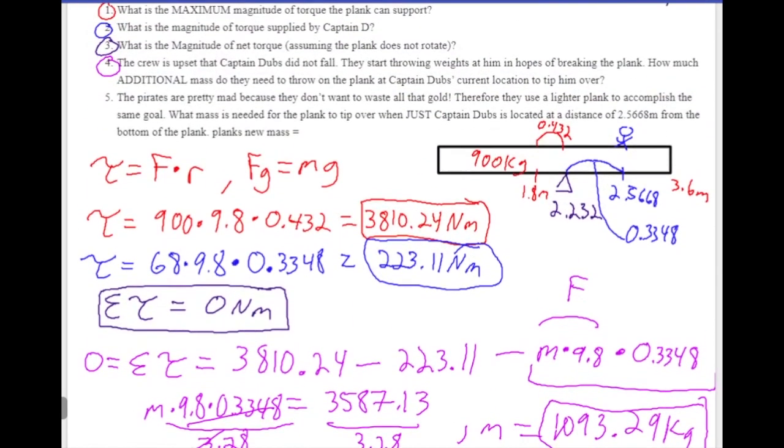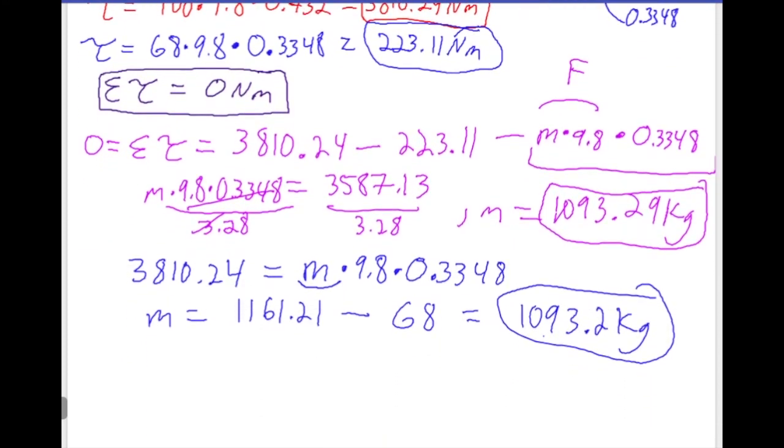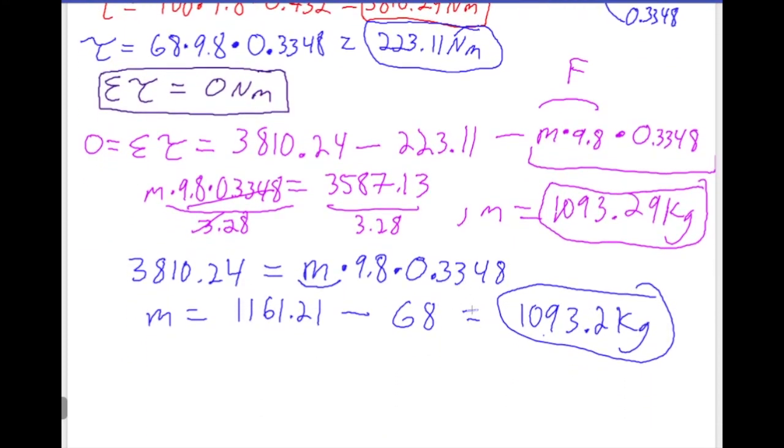Last question says the pirates are pretty mad because they don't want to waste all that gold. Therefore, they use a lighter plank to accomplish the same goal. What mass is needed for the plank to tip over when just the captain is located at a distance of 2.5668 meters from the bottom of the plank? So we need to figure out the plank's new mass here. So to do this one, it's essentially the exact same question, except now the torque needs to be equal to just the captain's torque. So